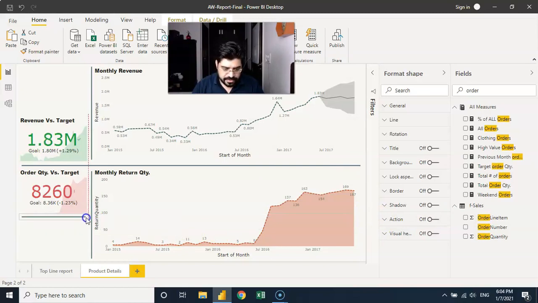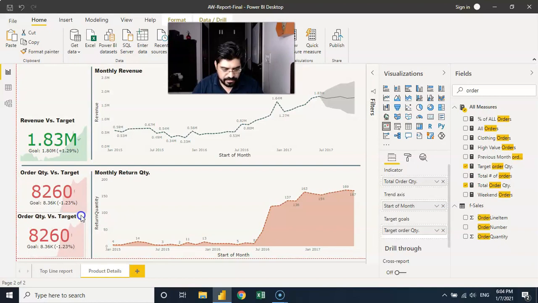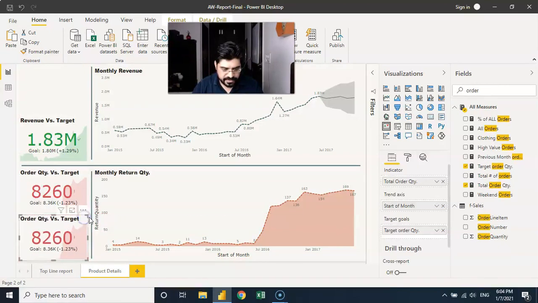I'll just bring it here and I'll create a copy of this. Ctrl C, Ctrl V, and I'll place it here. So slightly I need to tone it down to fit in this space,